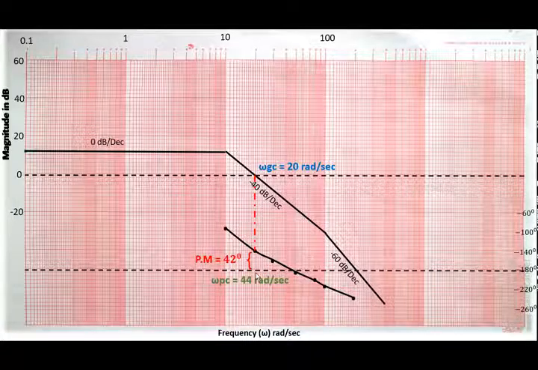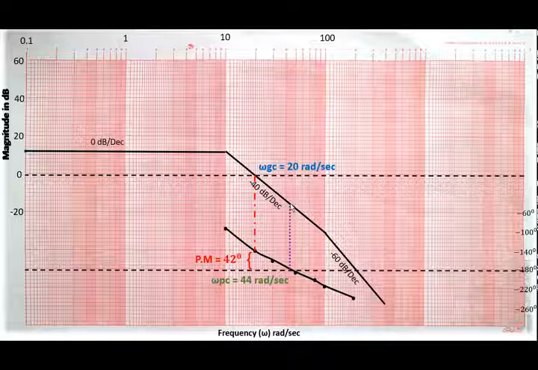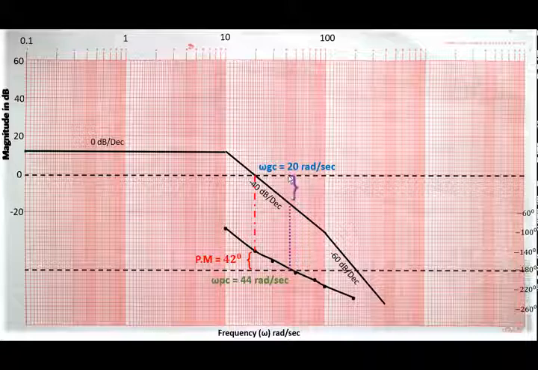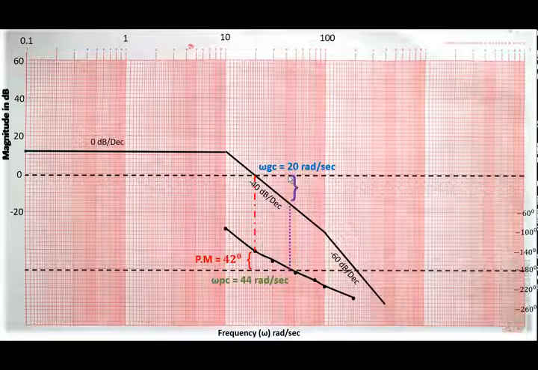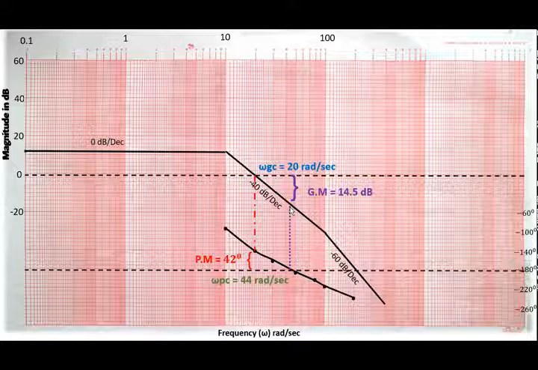Similarly, to find out the gain margin, this is the phase crossover frequency, where the phase plot is crossing the reference line of the phase plot. Starting from here, draw an upward line till it reaches the magnitude plot. Here it is meeting the magnitude plot. Find out the difference in dBs between this point and the reference line, and that gives the gain margin. So 5 divisions gives 10 dB, so it is 14.5 dB or 15 dB, you can consider it as. So this completes the problem.